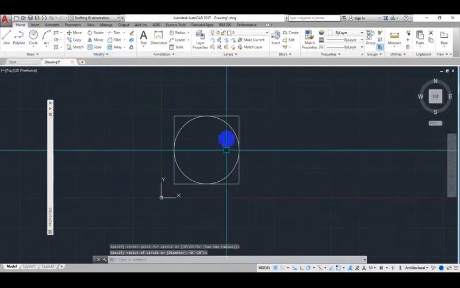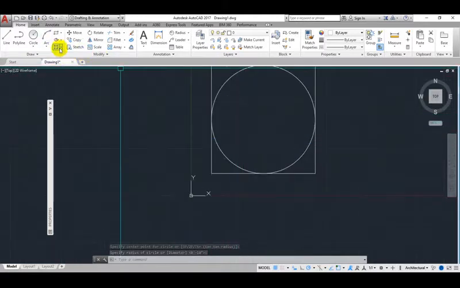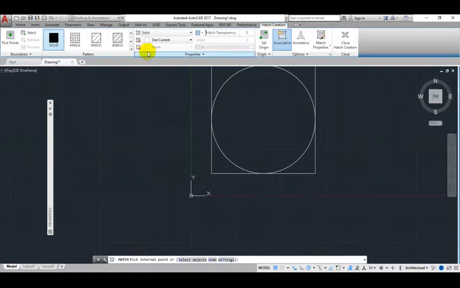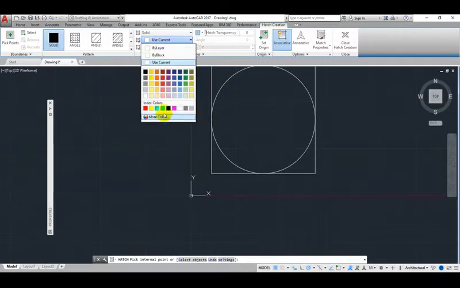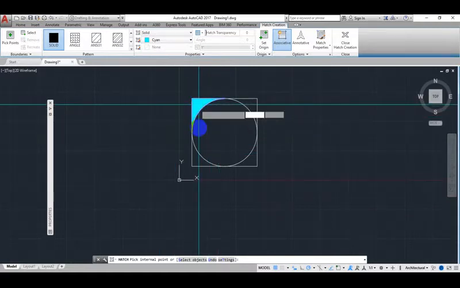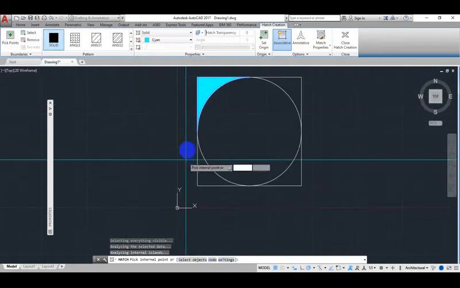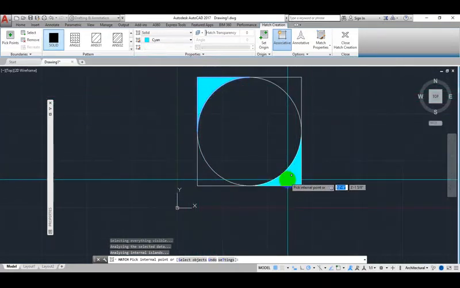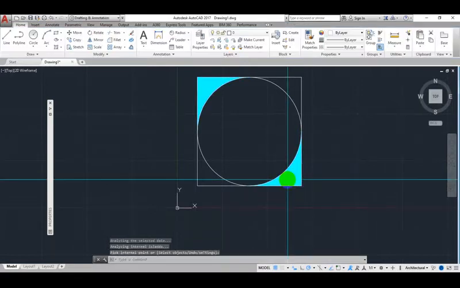I want to use my hash and my gradient tools. So I'll come here to hash. I'll come here to solid, meaning I want a specific color. Come here to color. Let me take CN. Click here. So when you click to the area to which you want to select, the color appears there. So you see there is CN. So I want to put CN here. Click this boundary. So I say enter.